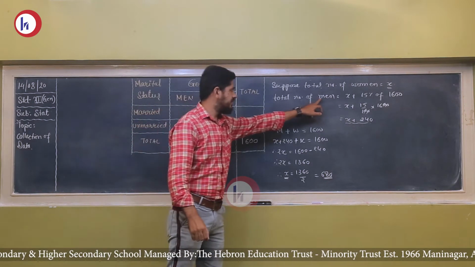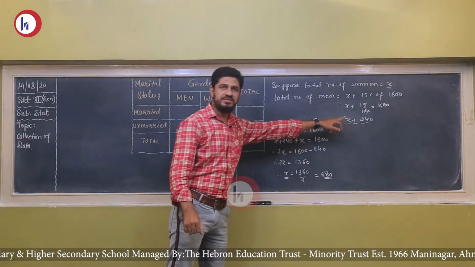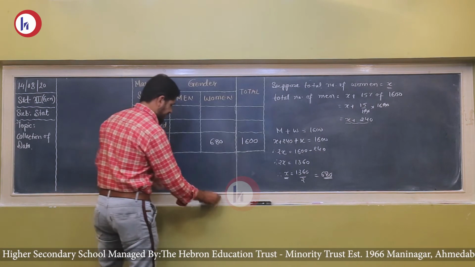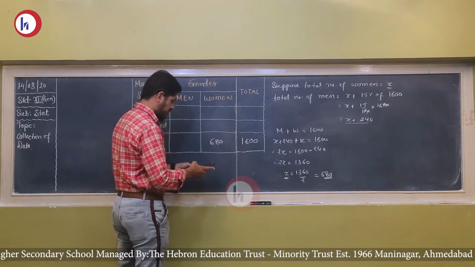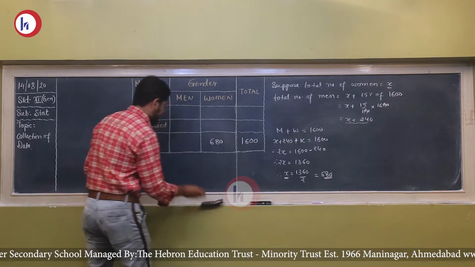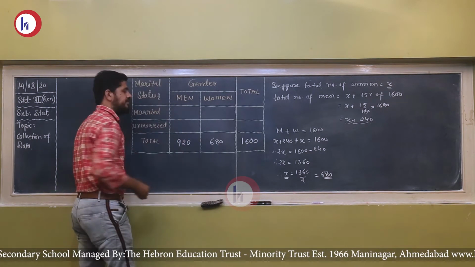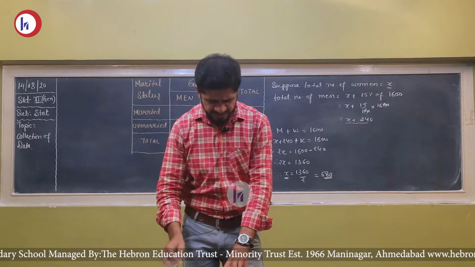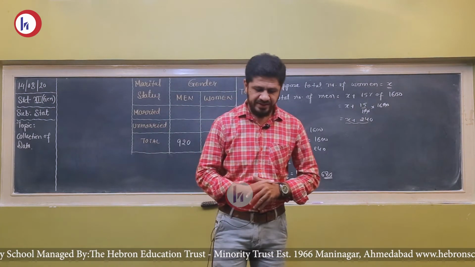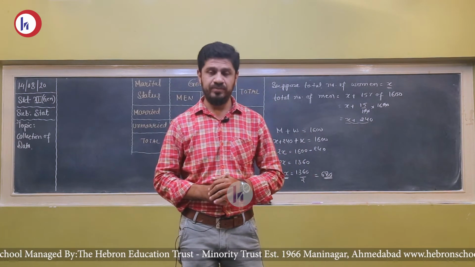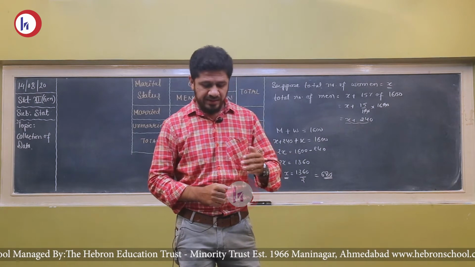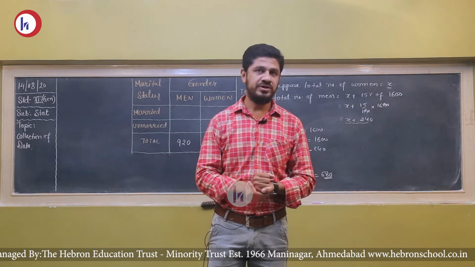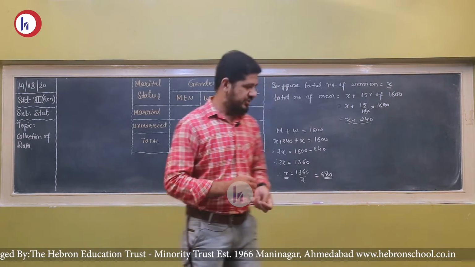Now the men are 240 more than women. If we add the value 240 to it, we'll get 680 plus 240, which will be 920. Okay. Next, the number of unmarried employees is 800 less than the number of married employees. Unmarried are less than married employees, but we do not know the total number of married employees. So let's once again assume it.